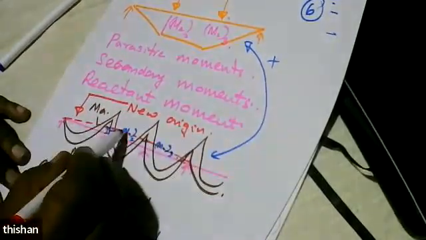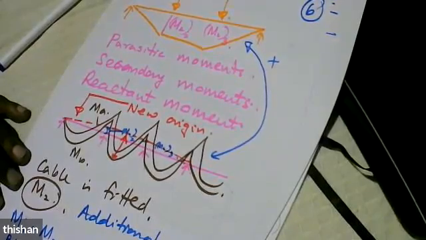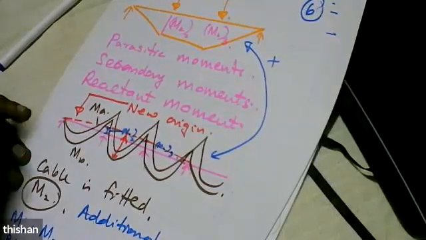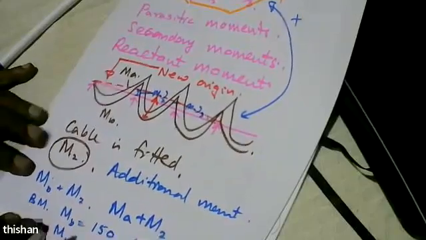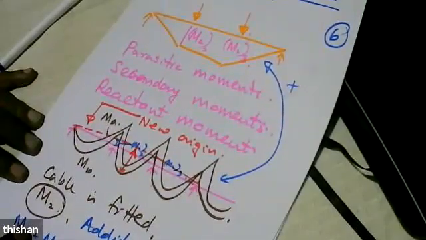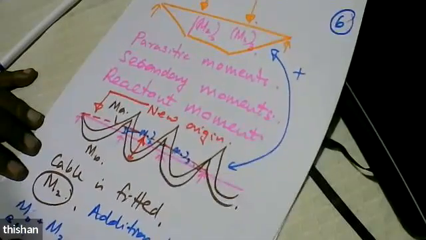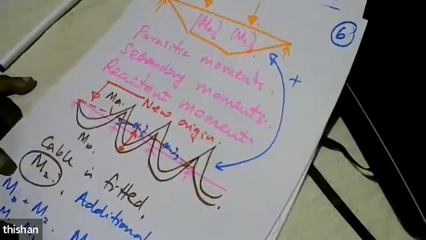So the only way you can get a moment increase is by representing the secondary moment diagram on the hogging side. And then we assume that that is the new origin of the bending moment diagram. And automatically you can get these numbers from the bending moment diagram. You don't have to do it mathematically. So that's a graphical representation of the principle of superposition that you all have learned maybe in the second year or the second semester. So by using the principle of superposition, you can easily work out that